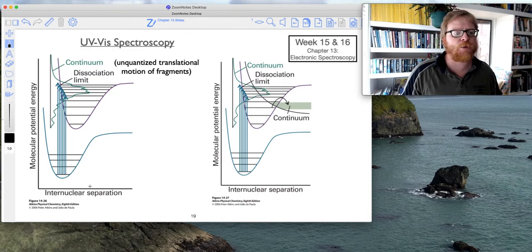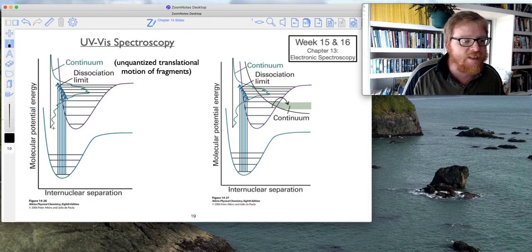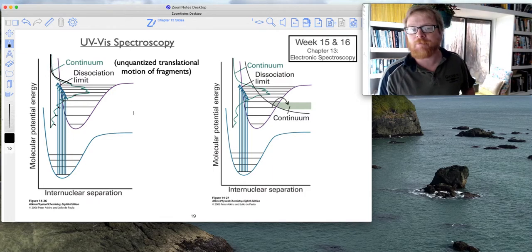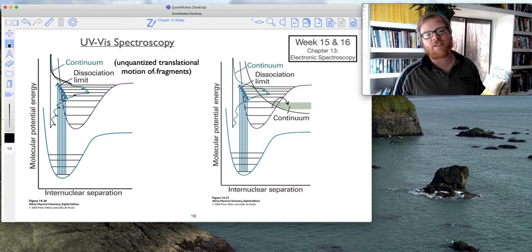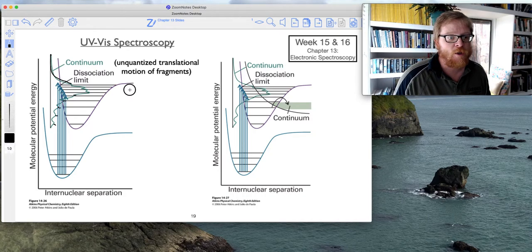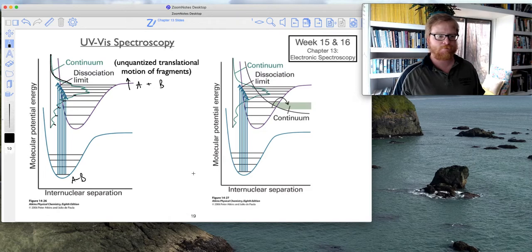Yes, so just to remind you, right? When we're talking about excitation from the ground state into all of these upper lying levels, we can see each one of these little peaks corresponds to those vibrational energy levels. However, as soon as we're out of the well, we're just going to get nice continuous, what we call continuum absorption, which is really just related to unquantized translational motion of the photofragments, right? Because recall, once we're outside of this well, we have separate fragments right here if our molecule was AB, okay?